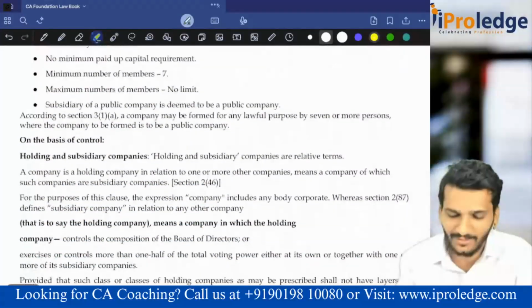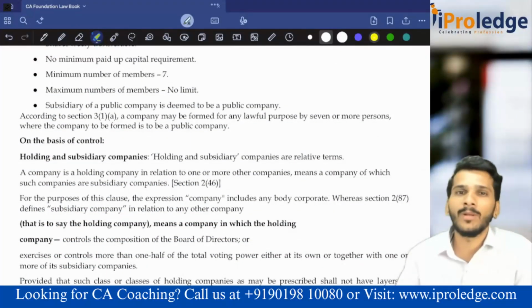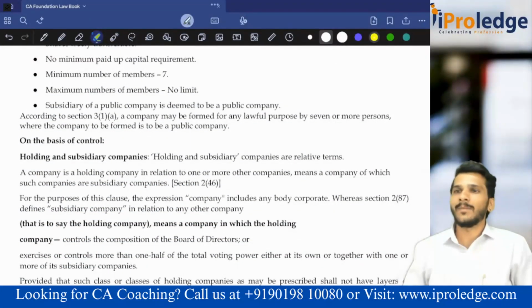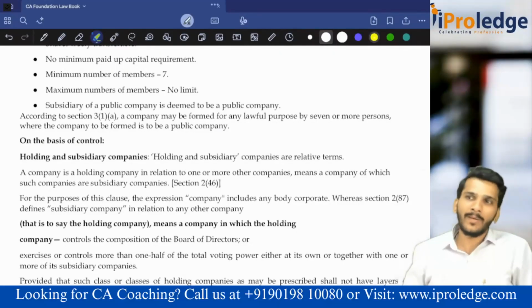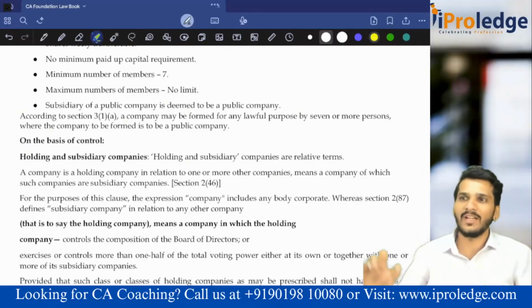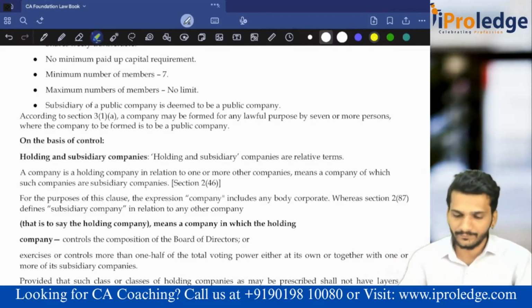That is public company. Public company minimum number of members is 7, maximum is unlimited. Private is 2 and 200. Directors 1, 2 and 3. OPC, private company, public company. And there is no limit on transferability of shares in case of public company. Public company shares can be freely transferable. That is it. That is only this public company.